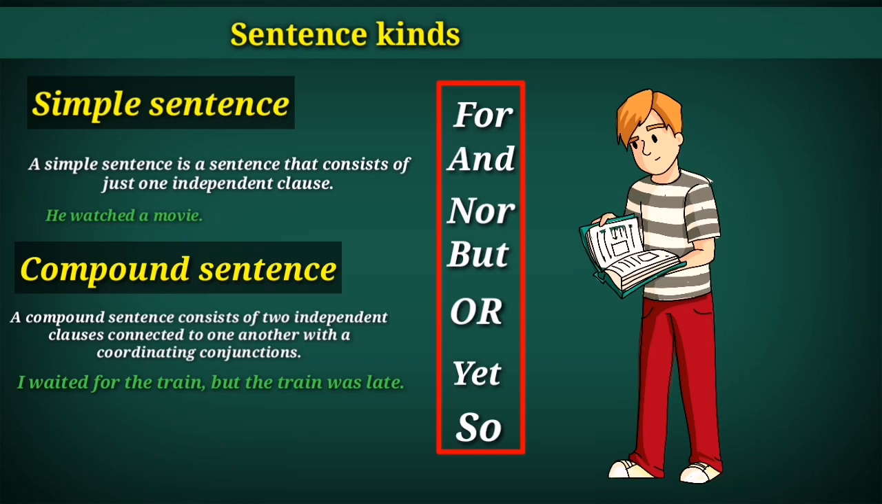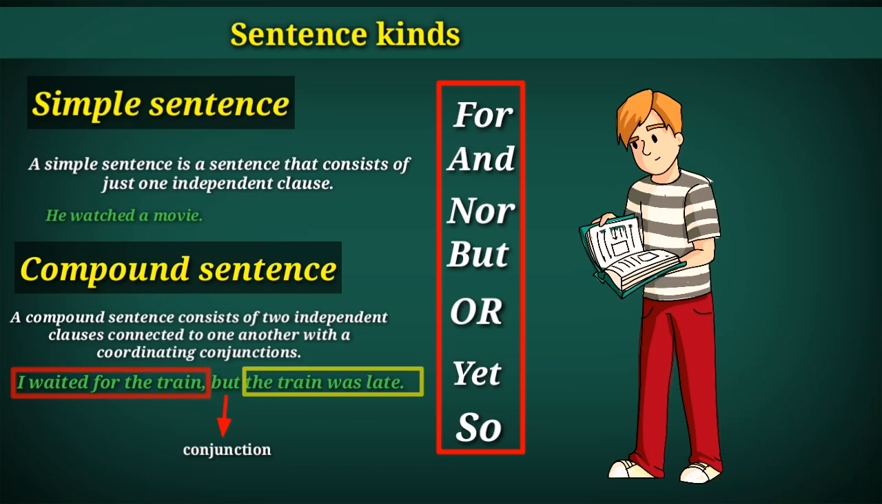Here it is a compound sentence because it consists of two independent clauses. The first is I waited for the train and the second is the train was late. These two independent clauses are joined with a coordinating conjunction, but. So this is a compound sentence because there are two independent clauses and they are connected with the help